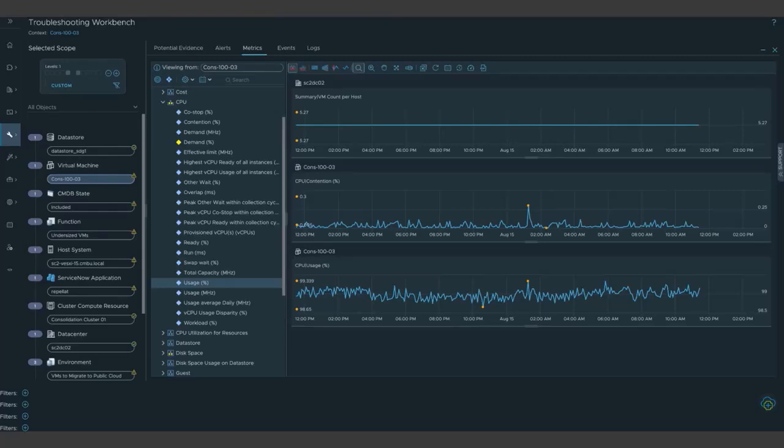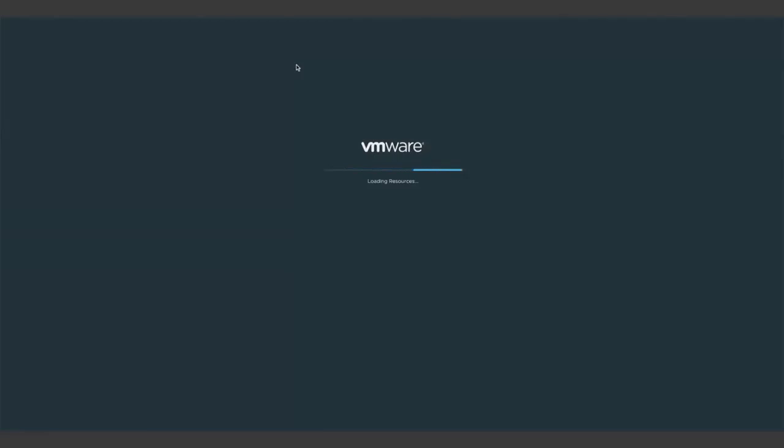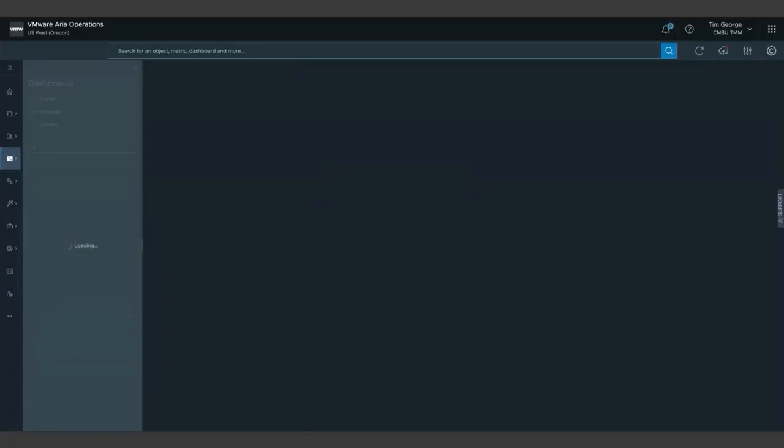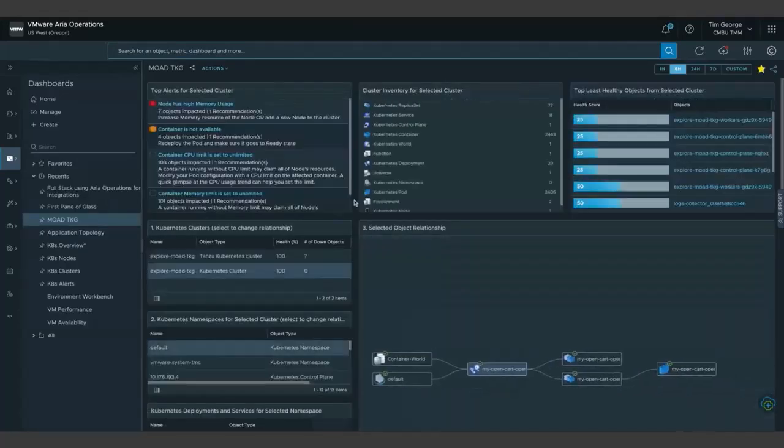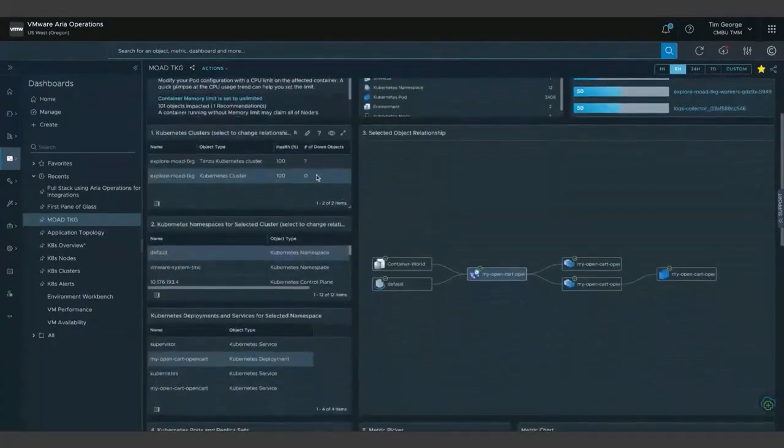Tim, it looks like it's not refreshing. Could you maybe refresh the screen? Different tab. Oh, we're just seeing the usage percent, and that's it. Oh, there we go. Now we see it. Maybe it was the tab. I didn't switch to the right tab or something there. Oops. Okay, yeah, we see it at TKG now. Oh, so okay. Well, I was